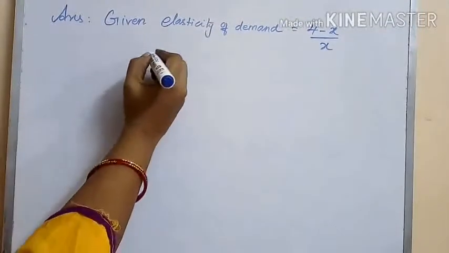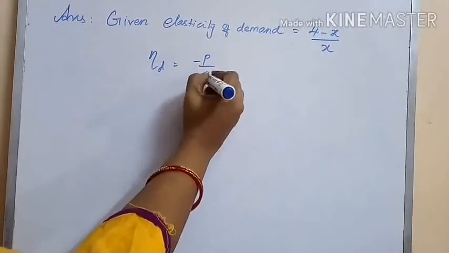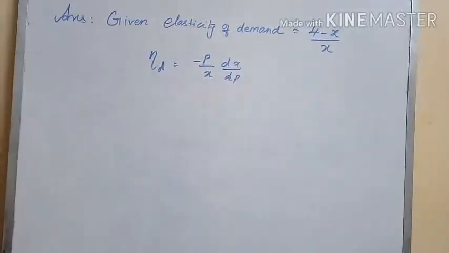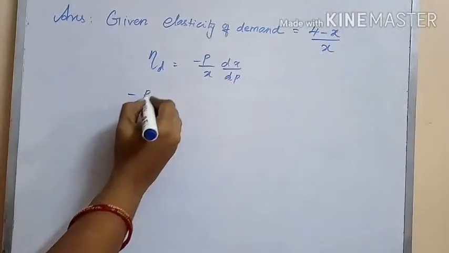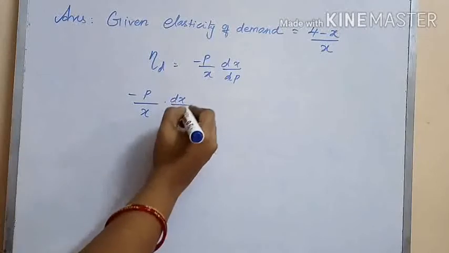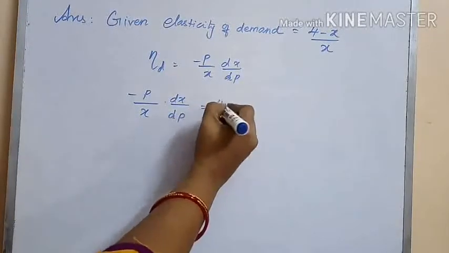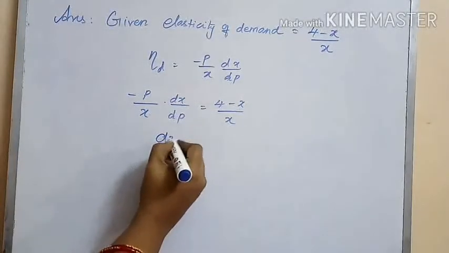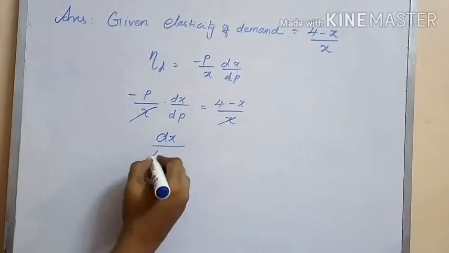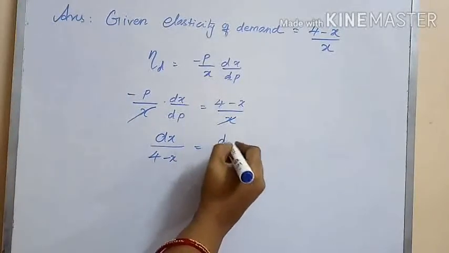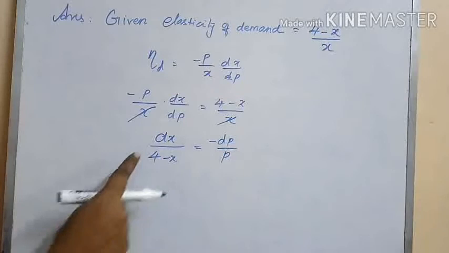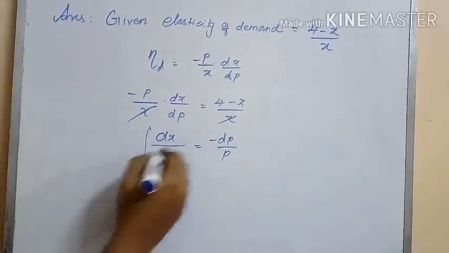we know that eta d is equal to minus p by x into dx by dp. So equating it to (4 - x)/x, and x gets cancelled on both sides. So dx/(4 - x) is equal to minus dp/p. Separating the variables, we get this. Now integrating on both sides,